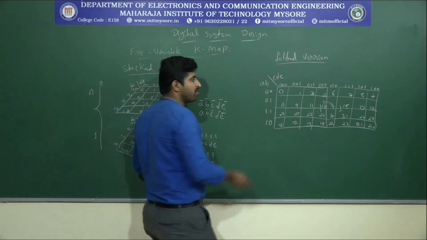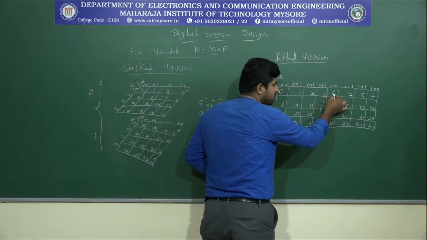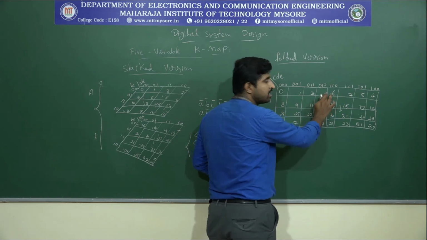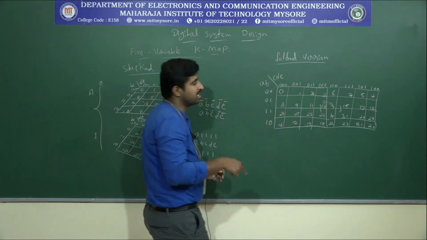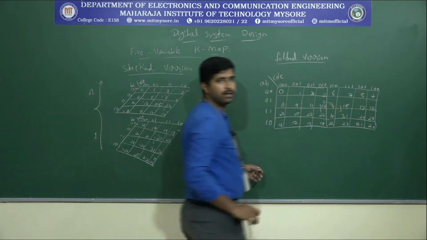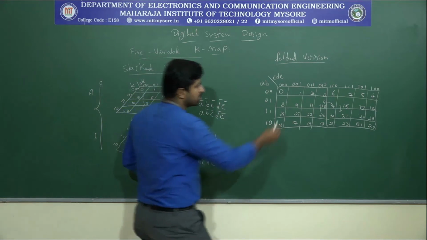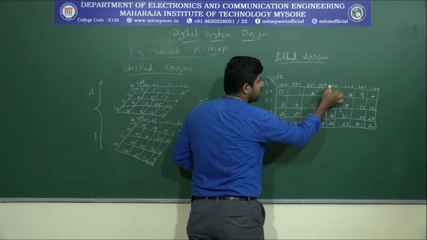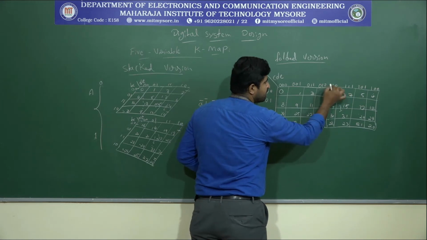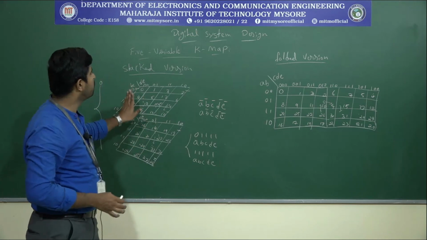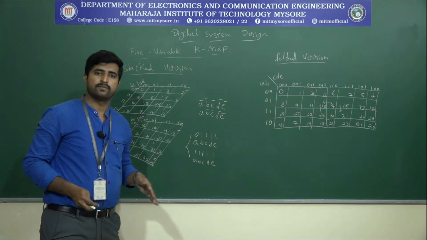So that's why when you are writing here, 2 after 6, okay, don't write 4 here, because the physically adjacent cell should also be logically adjacent. So that's why we write 6 here, and here we write 4. Because see, only one bit changes here: 0 1 0, then 1 1 0, only 1 literal has changed. Okay, keep that in mind. So this is how a 5 variable K map will look.